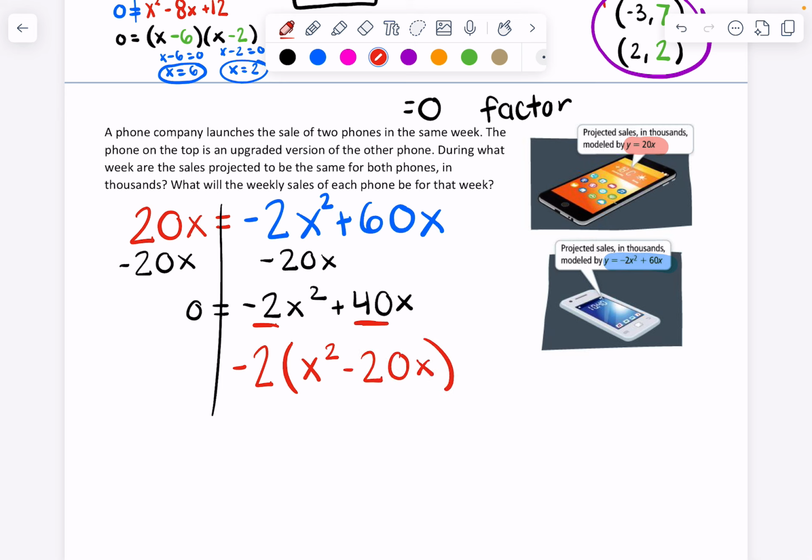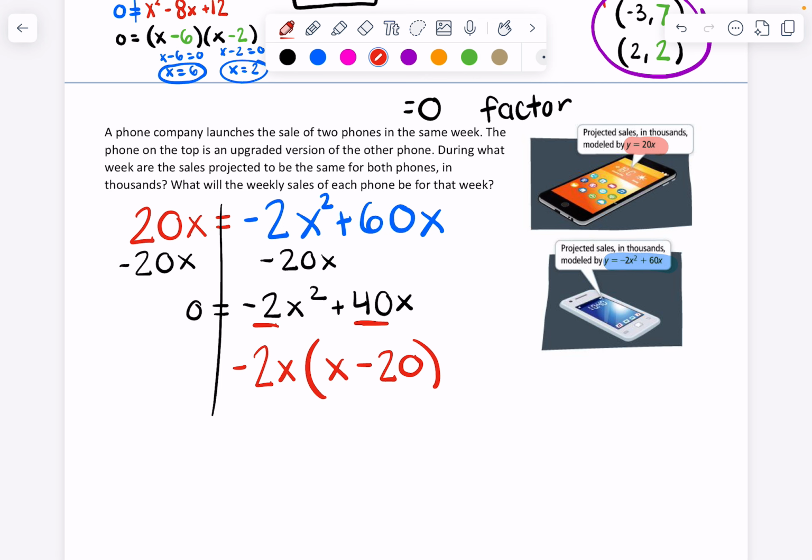Now, you probably heard some hesitation in my voice there because I noticed there might be something more we could factor out. Took me a minute to see that we actually have a variable that we could take out as well. We can factor out 1x from each term as well. So I'm going to add that to our GCF out front. And now, here is what we're working with. -2x on the outside. We divide each of our terms by that, and we're left with just an x and